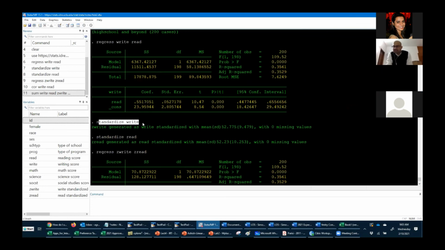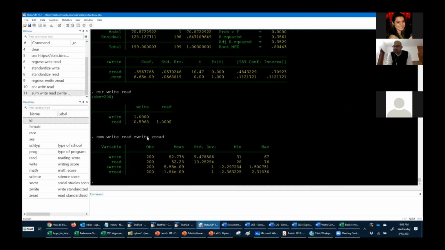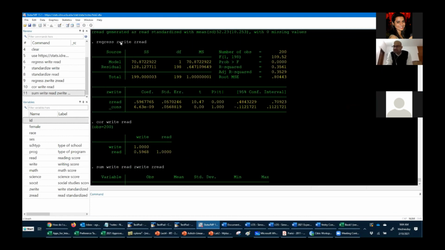But then let's say that I standardize my writing score and I standardize my reading score. Then I regress my Z-transformed writing on Z-transformed reading. Instead of a 0.55 coefficient, I get a 0.5967 coefficient. Now here, if I correlate writing and reading, the correlation is 0.5968, which matches the